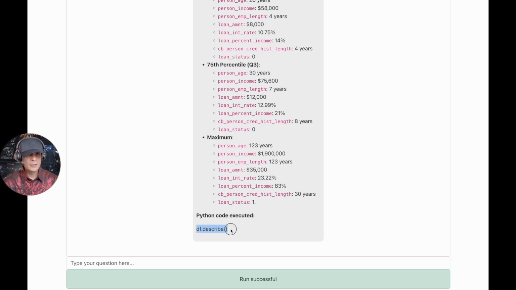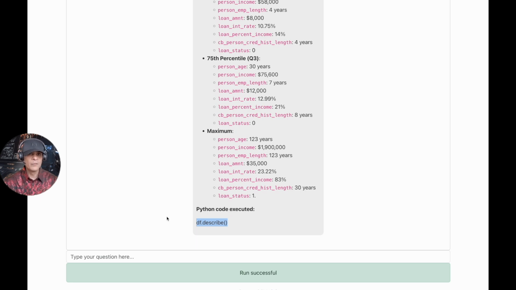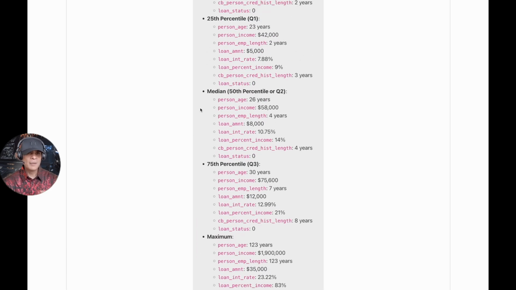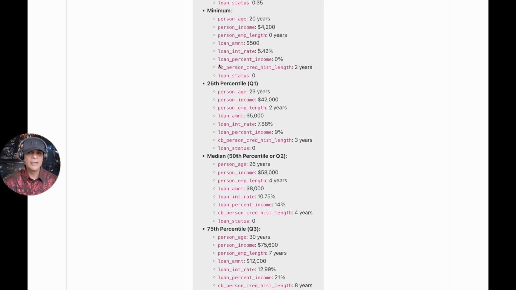The rest of it looks pretty good. I also have the information on the Python code which was executed, so this is looking pretty awesome. Now, because we have some bad quality data indicated by the loan percentage equal to 0, let us remove all